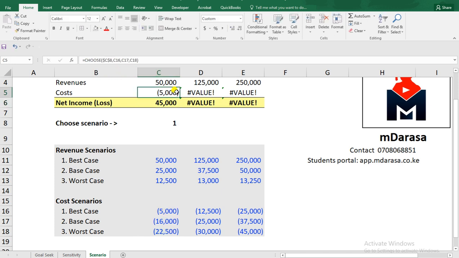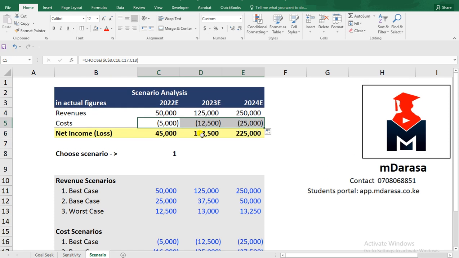So that if at all I scroll it at this point, voila, it will give us the details. Okay? So once we have that in mind, now you'll find that I've created our estimate, because remember, scenario analysis can also be used, or rather many times it is also used to forecast, right? It is also used to forecast. So once we have that in mind, my good students, the next thing that we are going to do is,